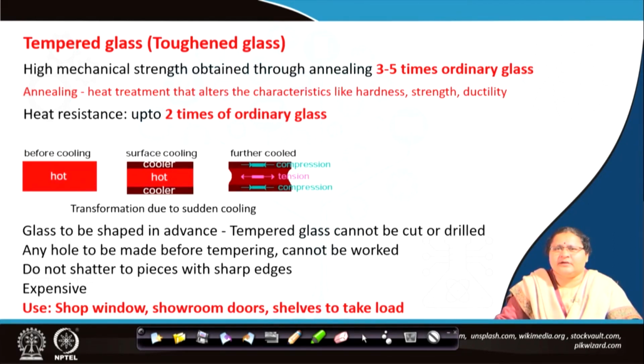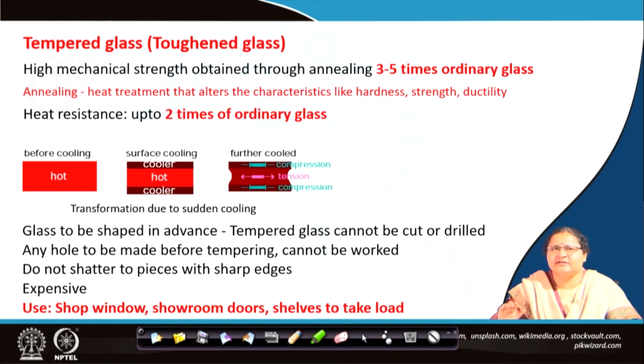Any kind of shaping, any kind of holes that are required for any kind of attachment, any kind of screws, has to be done when it is in its float glass stage. So, tempered glass is nothing but treated float glass by the process of annealing, where it gains strength,